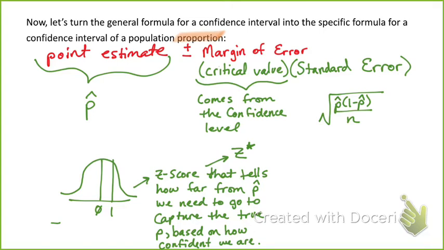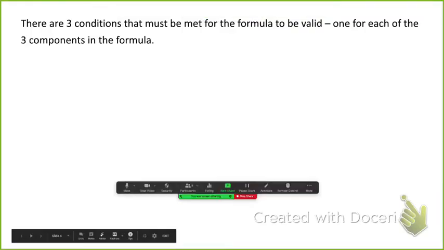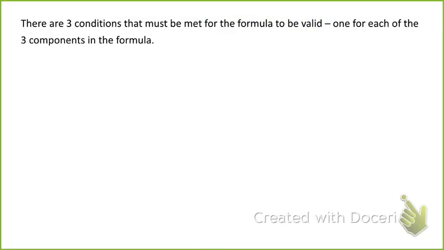All right, cool. So there is our formula. P hat plus or minus Z star times the square root of P hat 1 minus P hat over N. Each part of this formula is very important and has a condition attached to it. So let's talk about those conditions now. Basically, it tells us why we use that part of the formula, okay? So here are the 3 conditions that must be met in order for our confidence interval to even be real,